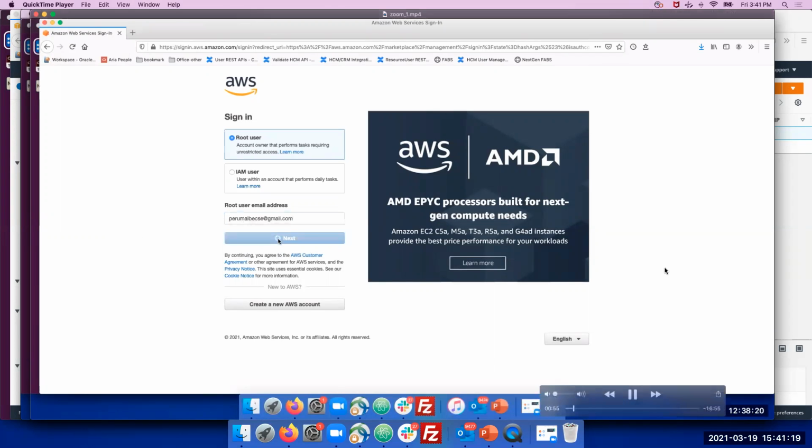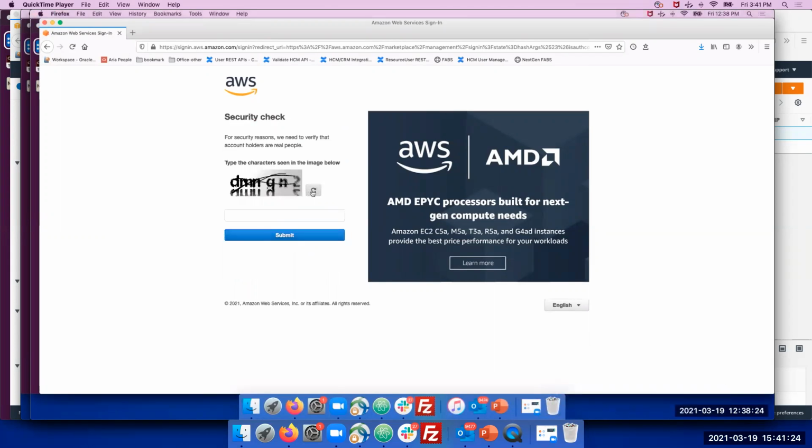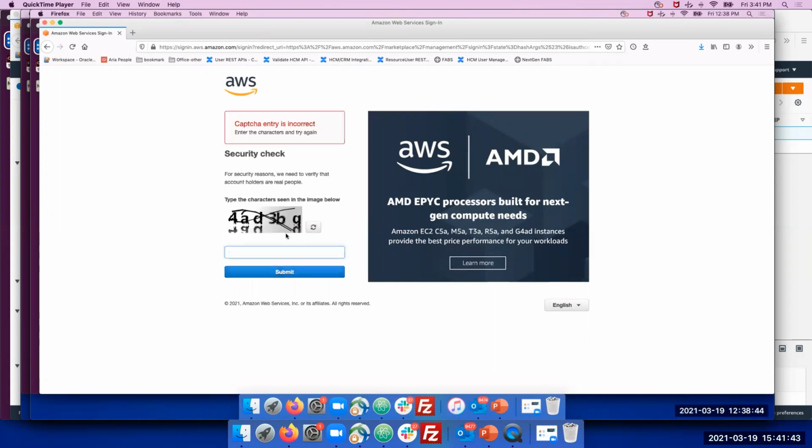Click on next. Then we have to enter the captcha which is showing in that image. Click submit.